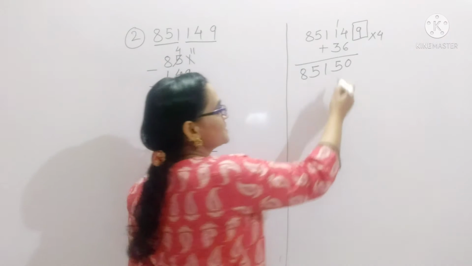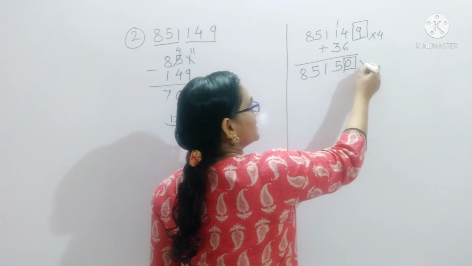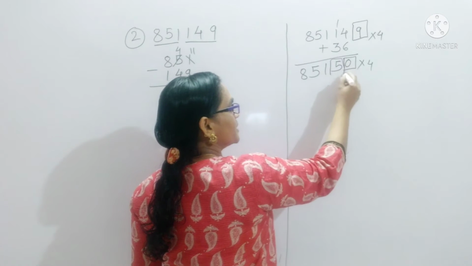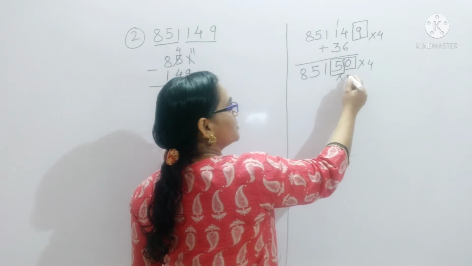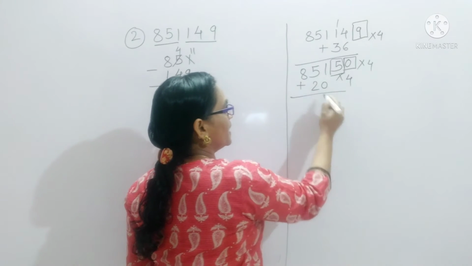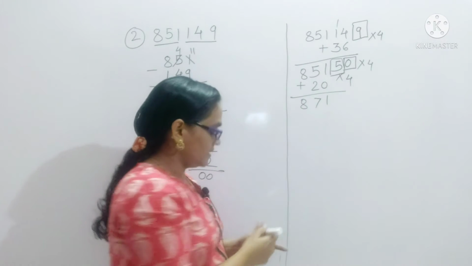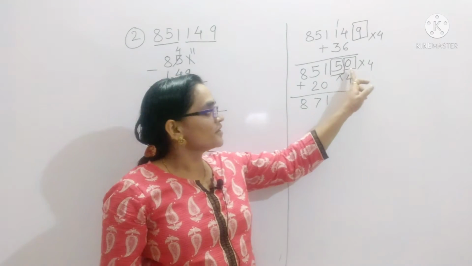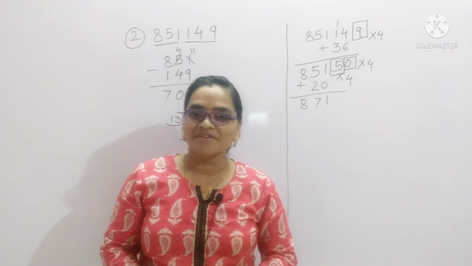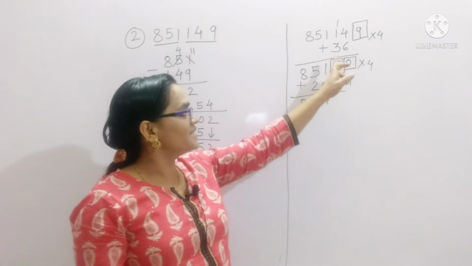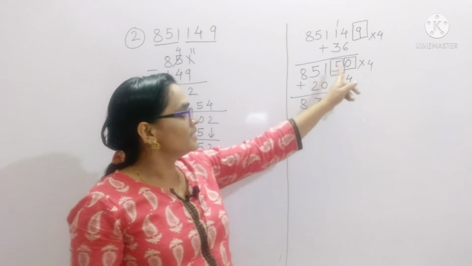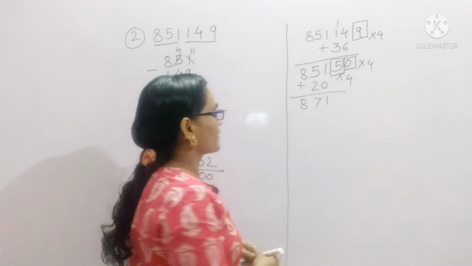So carry out the same process. Again here see, 0 into 4, 0. So let that stay. We will continue with 5. 5 into 4, 20. Add 2 to the remaining number 1. 5 plus 2, 7, 8. Here students understood now why we skipped this process, because 0 into 4, the product we are getting is 0 only. And 0 added to any number, we are getting the same number. So here this step is skipped.